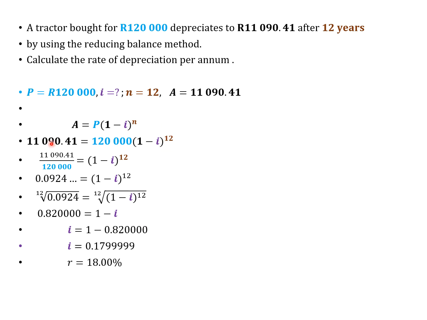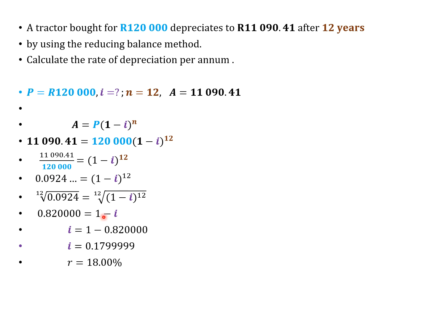Right, so 11,090.41 divided by 120,000 gives me 0.0924, continuing, equal to (1 minus i) to the power 12. To get rid of the power 12, I'm going to use the 12th root. So the 12th root and the 12 cancel. What I do on one side, I must do on the other side. So the 12th root of 0.0924, the whole value. Take note, don't round off till the final answer. And that would give me